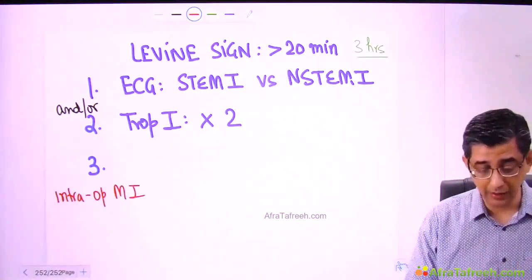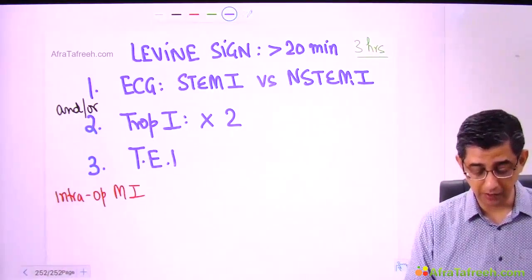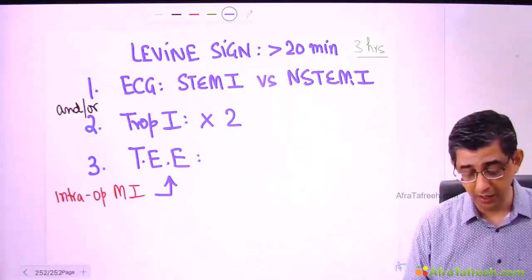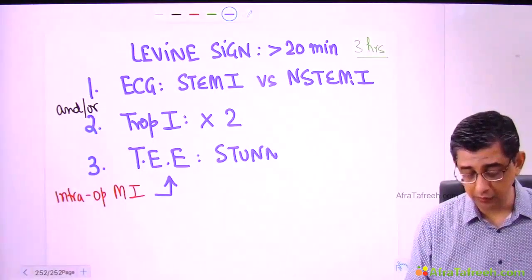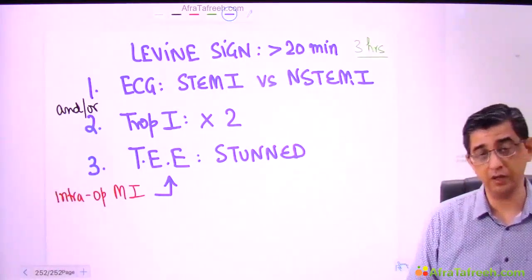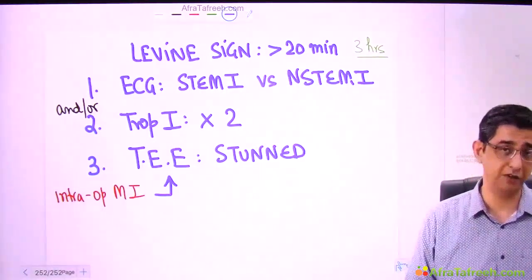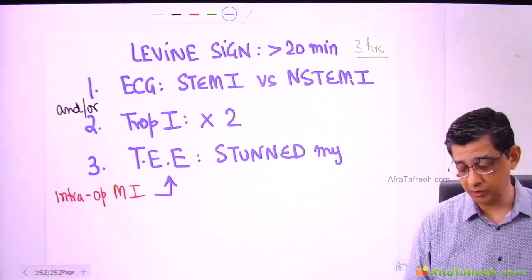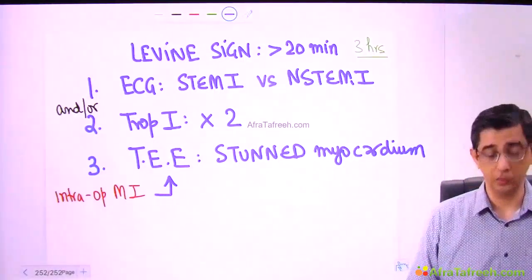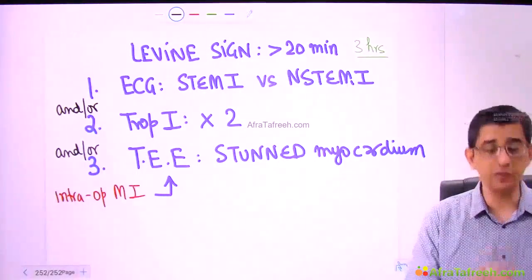So therefore, a third test that I want you to remember at the moment, which can help in identification of myocardial infarction, especially in the intraoperative scenario, is transesophageal echocardiography. And transesophageal echo will show evidence of decreased contractility, because let me say the right coronary artery is thrombosed, there is a big infarct present in the right coronary artery, then the muscle will obviously undergo necrosis, and right ventricular function will be compromised. So he will use the word stunned myocardium for describing the decreased contractility of the heart. So there are 3 investigations which can be used. Any of these can be used. Any one of these is positive.